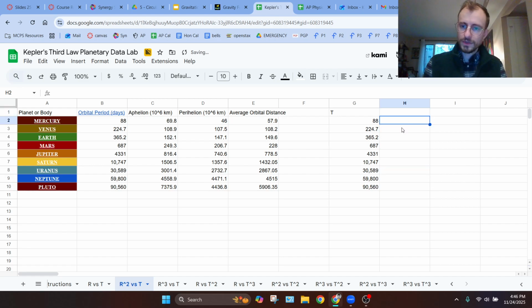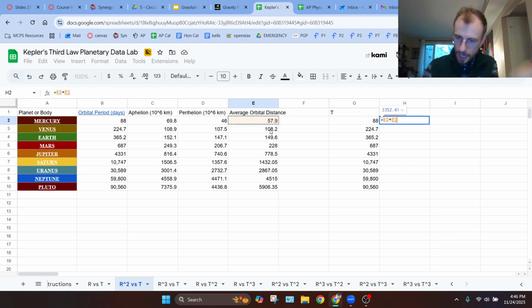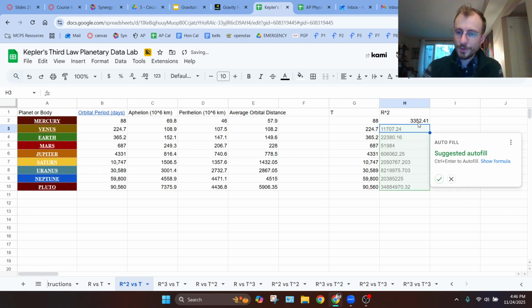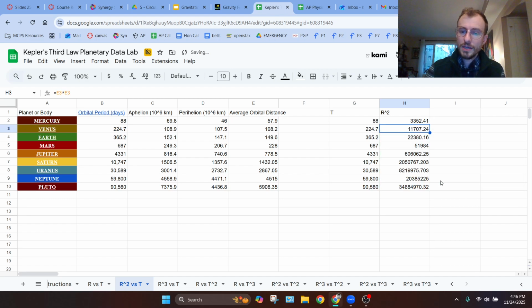So I'll put here an equal sign. I'm going to click on this data, and to square something, you multiply it by itself. So I'll hit the asterisk key, which is the multiply key, and then I will click it again. And then when I multiply that together, it gives me the square value. And by this point, the spreadsheet has figured out what's going on, and it says, oh, I bet you want to square all of those numbers. And so you can go ahead and do that by hitting the check here, and it will square all of